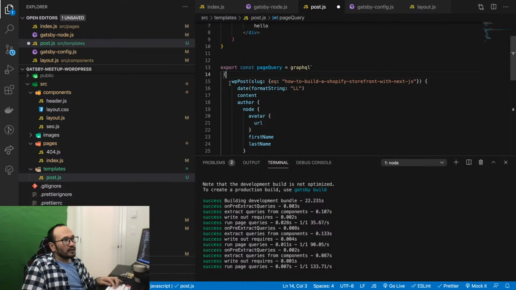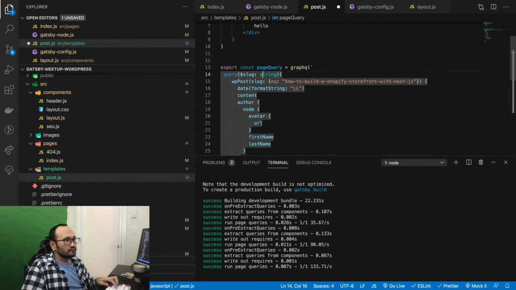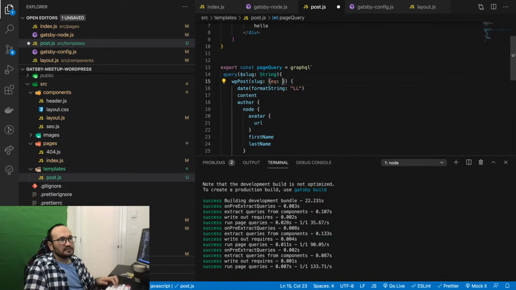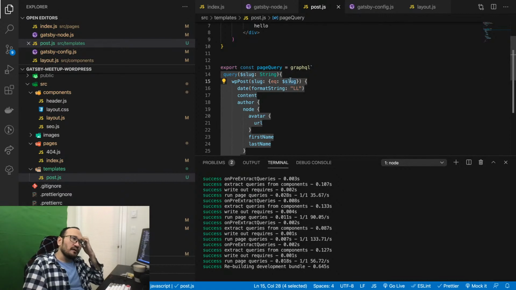Because I want to query a specific title because I have it. Do you remember we have the slug, and that slug is available for us as a string. So now, instead of the normal one, we can just pass whatever is equal to my slug, which is available for me in this post. So I got this slug here, and I'm saying, okay, give me the post whose slug is equal to my slug in my context.